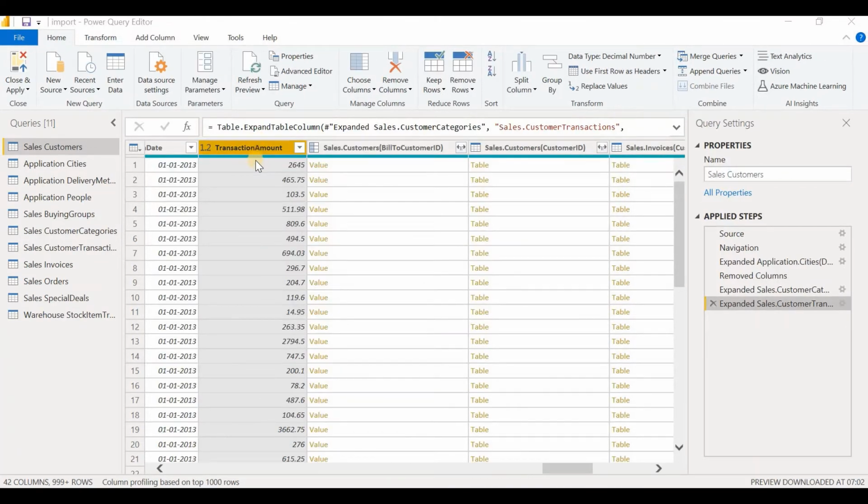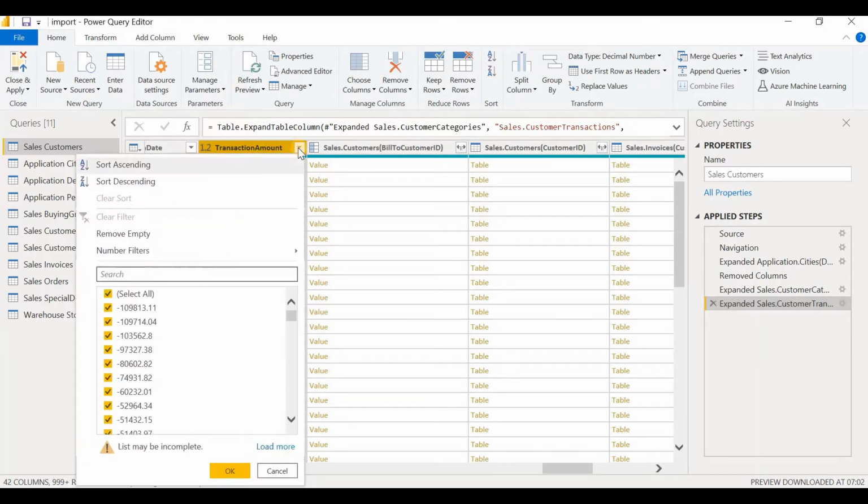The transaction amount column represents the sales made to a customer on credit and the amounts repaid by the customer. So the sales made are represented by positive values and the repayments are represented by negative values. We are interested at the moment only in the positive values. So let's keep the positive values and filter out the negative values.